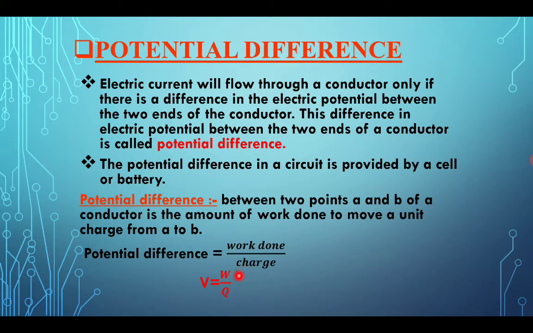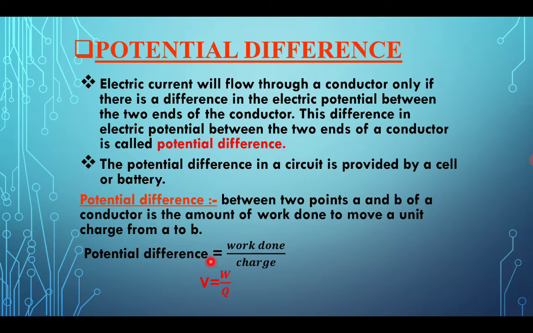So this is potential difference, and if we want to define potential, potential is defined as the amount of work done in bringing a unit positive charge from infinity to a given point. We have already discussed the electric field. The point where the electric field is 0 is considered as infinity, outside the periphery of a given charge particle. So if we bring another charge particle from outside, that is from infinity, to a given position, that work is known as the potential for that particular charge.